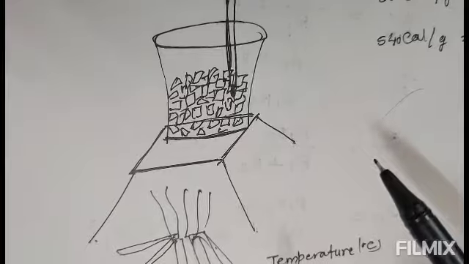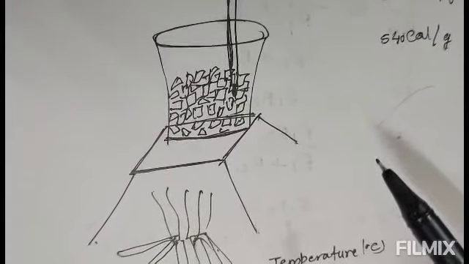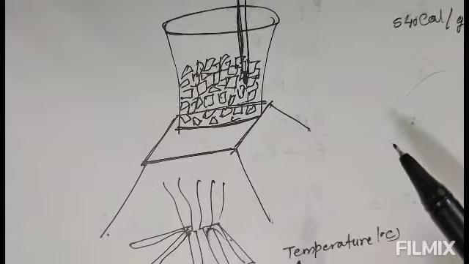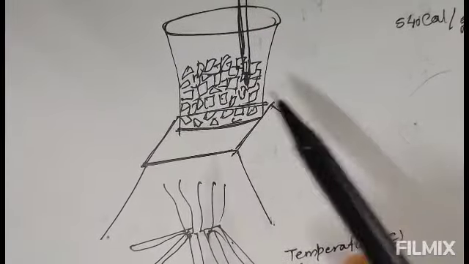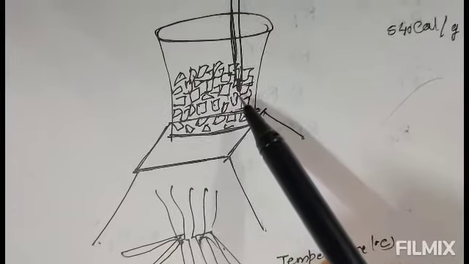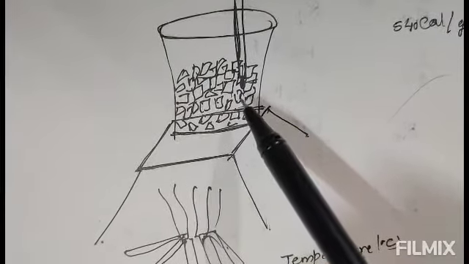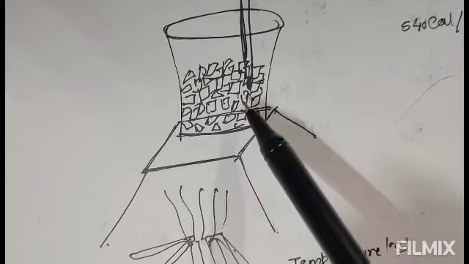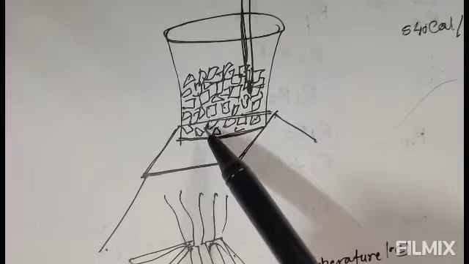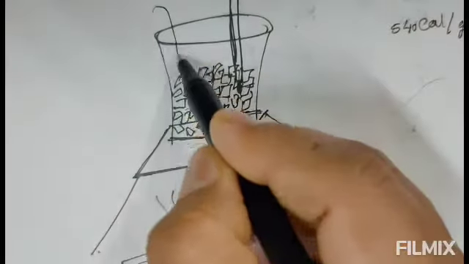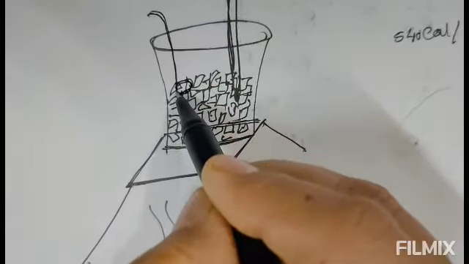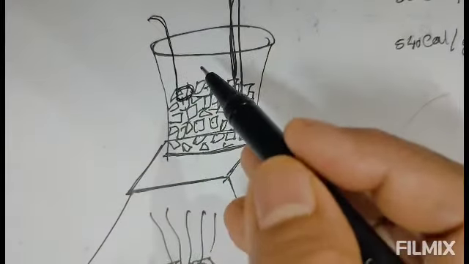During the change of state of a substance, the exchange of heat takes place between the substance and the surroundings. To understand the change of state from solid to liquid or liquid to solid on heating or cooling, we perform the following experiment. Take some pieces of ice in a beaker and note the temperature of the ice, that is 0 degrees Celsius. Start heating the beaker slowly on a constant heat source. The ice starts melting into water. Stir continuously. You have to put a stirrer over here, like this, and stir with it.